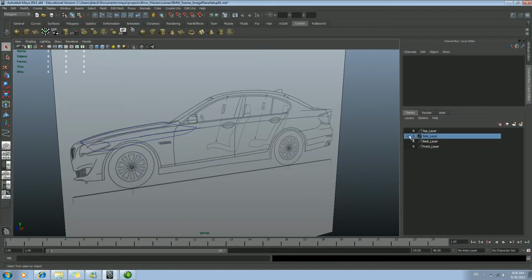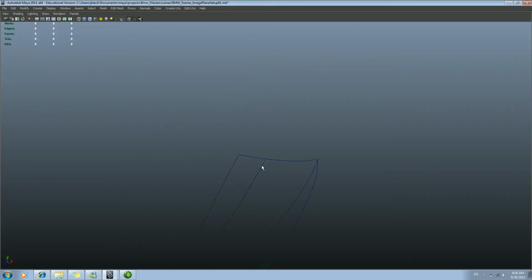Alright, so now that we got this done, I'm going to go into the top view, and I'm going to use the Create Polygon tool. I have nothing selected. Shift, right click, Create Polygon tool, hold C. You cannot see it snapping. It won't come up, and I think that's a huge bug, but